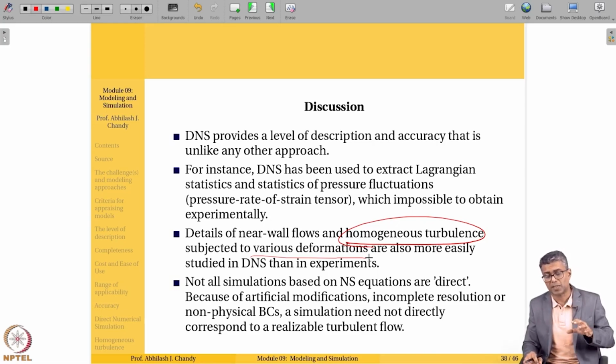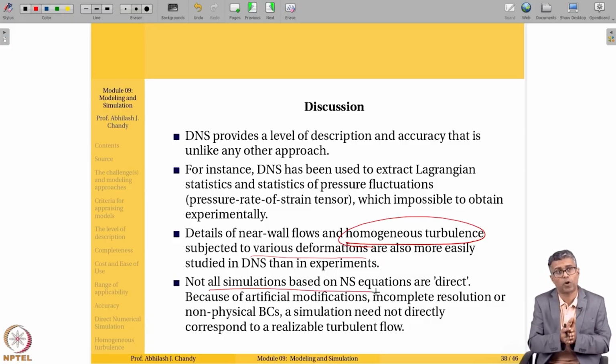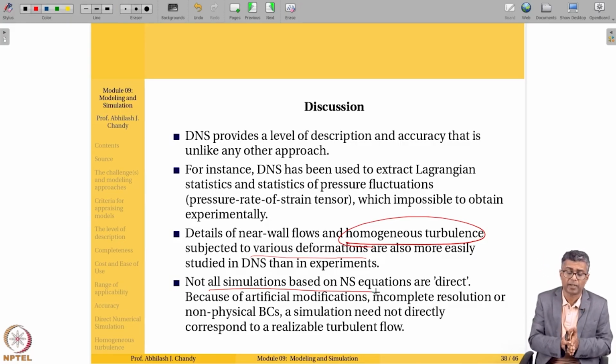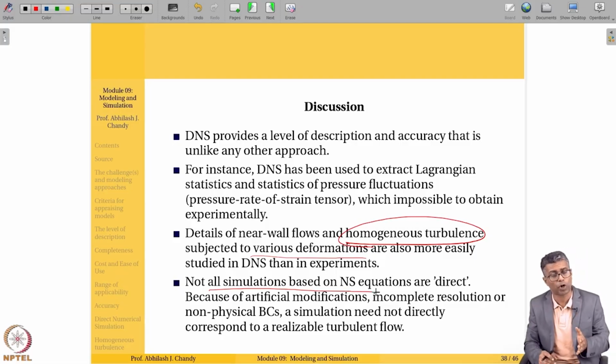But all that said, not all simulations based on Navier-Stokes equations are direct. Yes, when we are solving the Navier-Stokes equations directly, we are solving it without any other specification. True, but there is an additional catch here which we had discussed earlier. There is the whole idea of getting the right boundary conditions from the experiments, and sometimes that is not easily obtainable. Getting the right boundary conditions may not be straightforward. I had given examples where trying to get the jet velocity coming out of a nozzle from experiment is not that easily possible, because the mean might not be enough in order to trigger